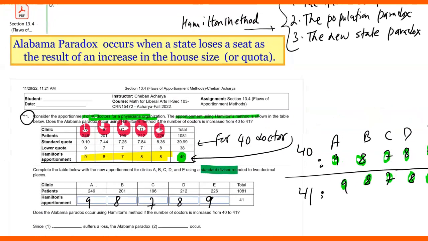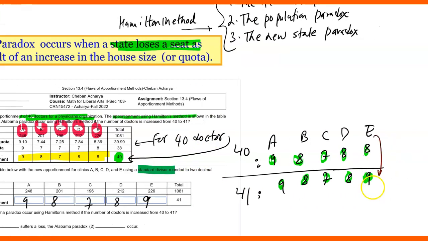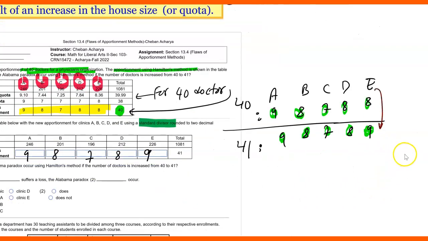Remember that the Alabama paradox occurs when a state loses a seat. If nobody loses a seat, there is no paradox. But if something loses a seat as a result of an increase in the house size, that would be a paradox. Here the house size increased from 40 to 41, but none of the groups loses a seat, therefore there is no